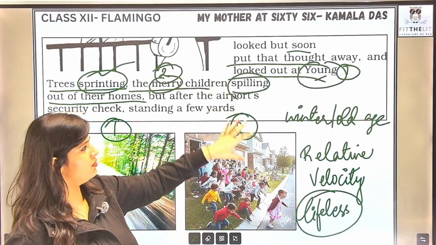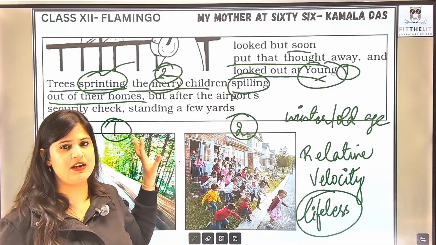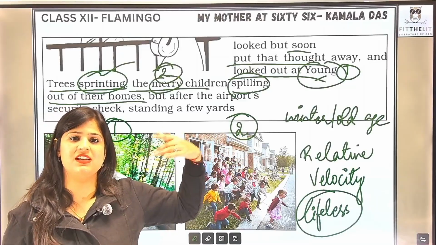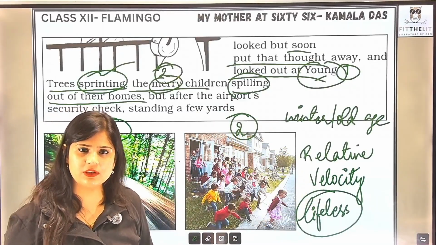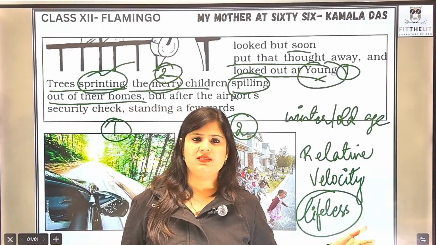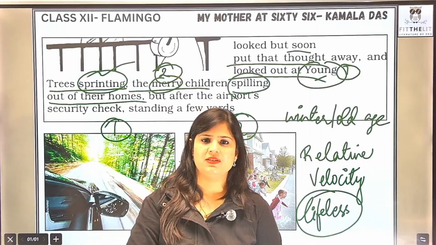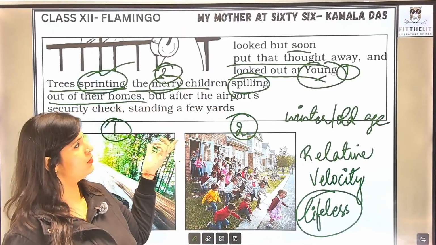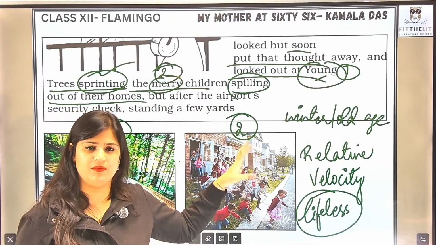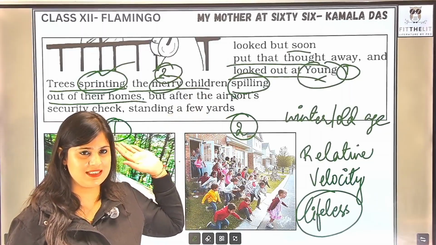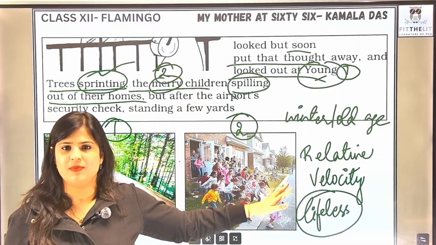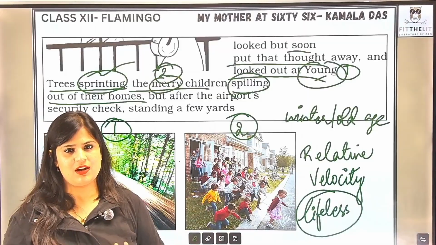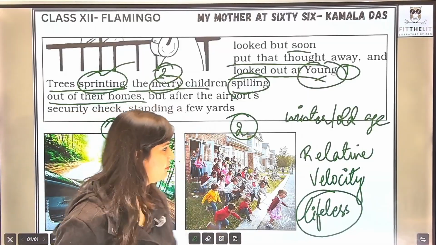So look at these two images, and these two images actually bring out a direct contrast with what she has seen earlier. तो पहले तो mother को देखती है कि she is dozing off and she is looking really lifeless, but वो जब ये two images देखती है positive एकदम, which is in direct contrast with what she has seen earlier, तो उसको थोड़ा सा relief मिलता है, right? She is now settled emotionally.